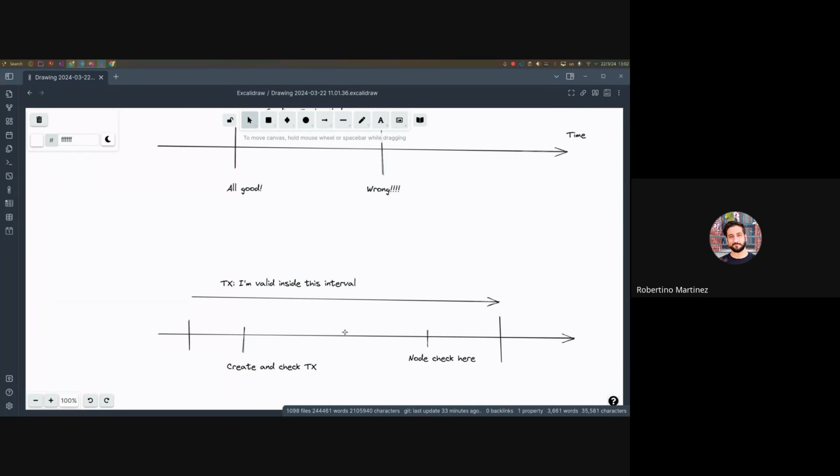Every transaction, no matter what, has an interval. The default interval of a transaction is from -infinity to +infinity. So it's like every time is fine by me, basically. In practice, there's a difference between real time and the time that the blockchain follows, because the blockchain has no access to time, so it has to use its own version, and the blockchain uses